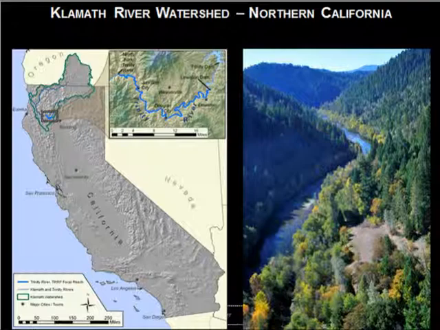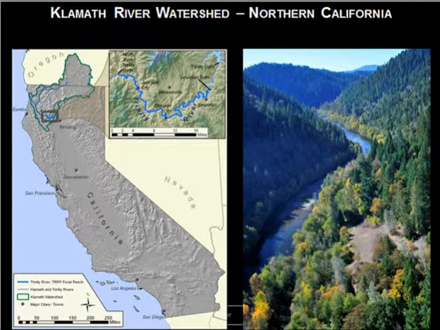So just to give you a quick context of where we're going to be talking about today, the area is in Northern California. You can see here on the left, focused in on the Trinity, which is the largest tributary to the Klamath River. The Klamath watershed there, outlined, takes into consideration aspects of Oregon and California, and Rocco's presentation will focus more on the lower end near the estuary.